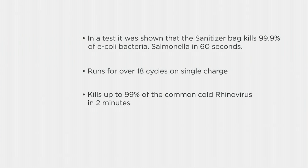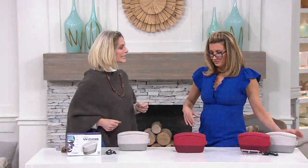And this really is proof on the screen of what it can do. So in a test, it was shown that the sanitizer bag kills 99.9% of E. coli bacteria and salmonella in 60 seconds. I'm going to jump down to the third one. It kills up to 99% of the common cold rhinovirus in 2 minutes. So that means you just run it twice. That middle claim says that each charge, because this is wireless, you can run on 18 cycles,